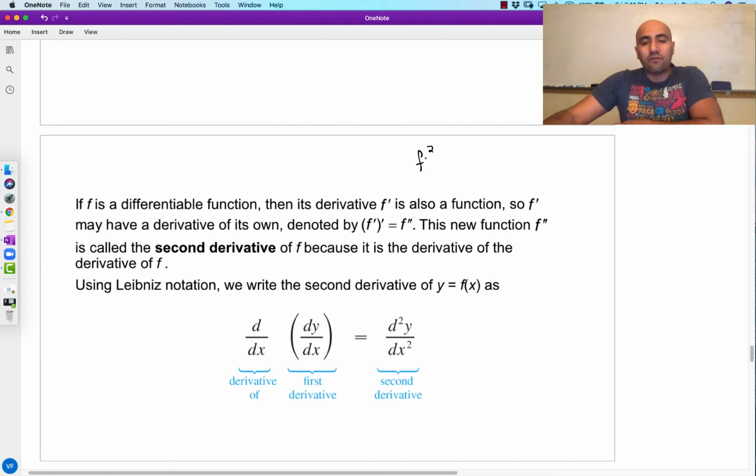But so that people don't confuse this with squaring, what we do is we put it in parentheses. Okay, so f with a little 2 in parentheses like that also means that we want to do the second derivative. And of course, we can also do f of x with a little 2 right in there to mean that it's the second derivative of the f function. Okay, for example,